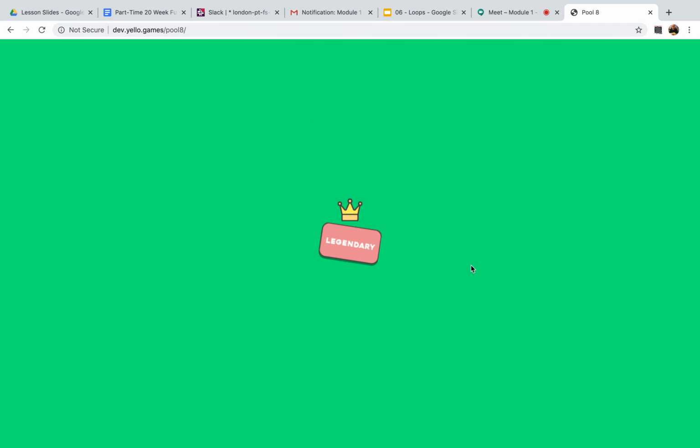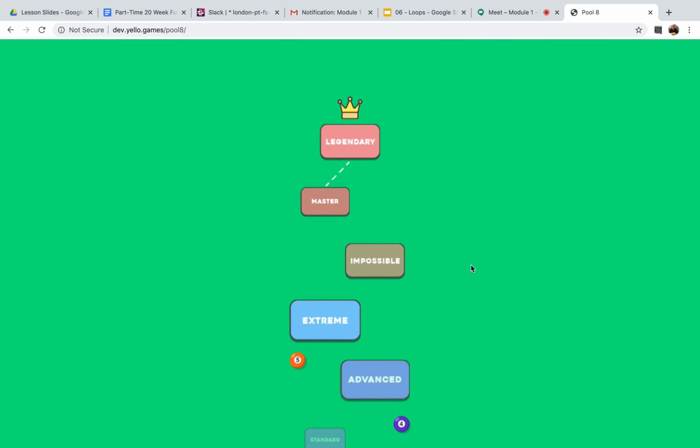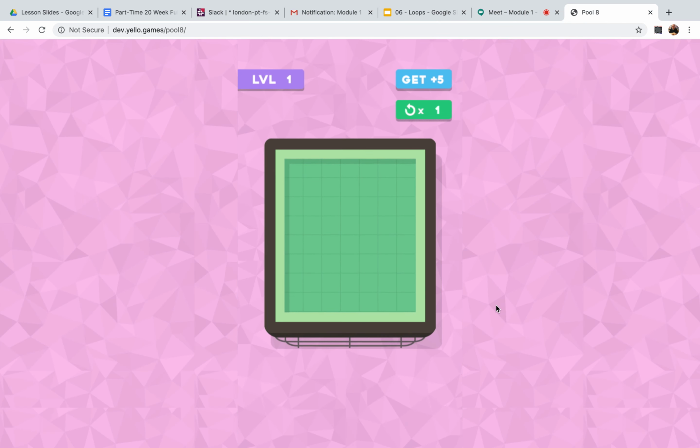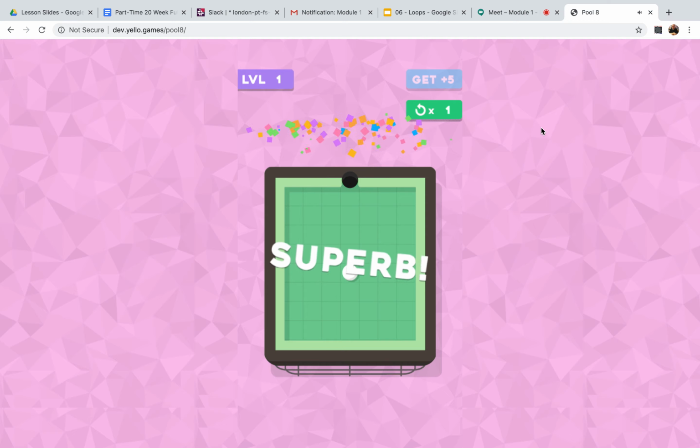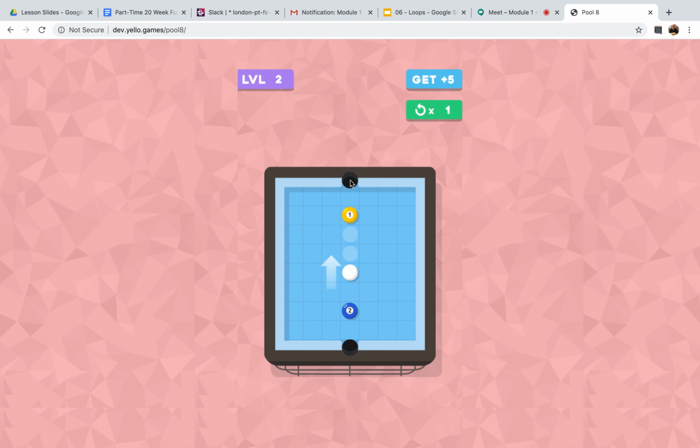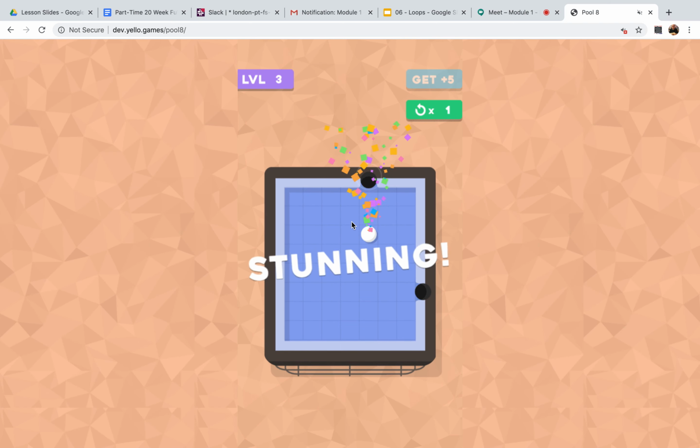This is a grid of empty spaces, or, oh god, I hate that sound. There is an empty space there, or there is a pocket there, or there is a wall there, or a cue ball, or another type of ball. I can't be bothered to show you the tool that I made, but